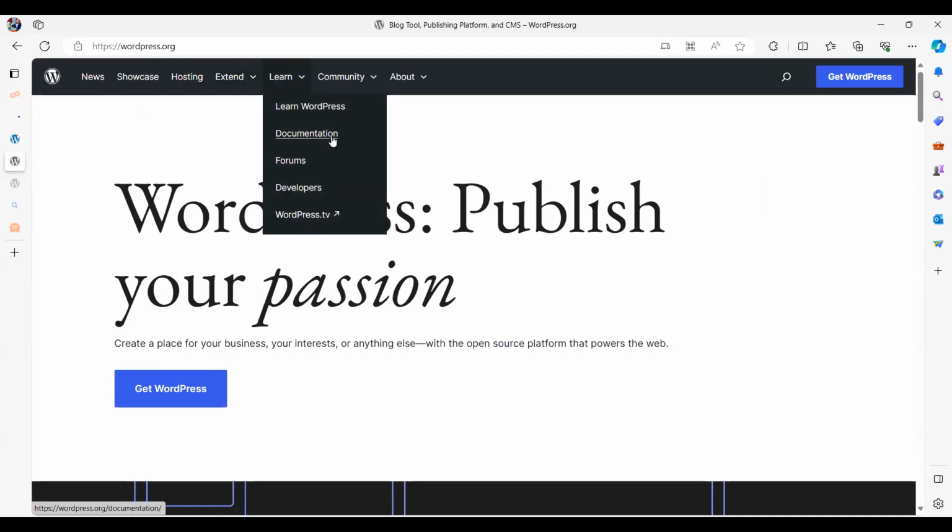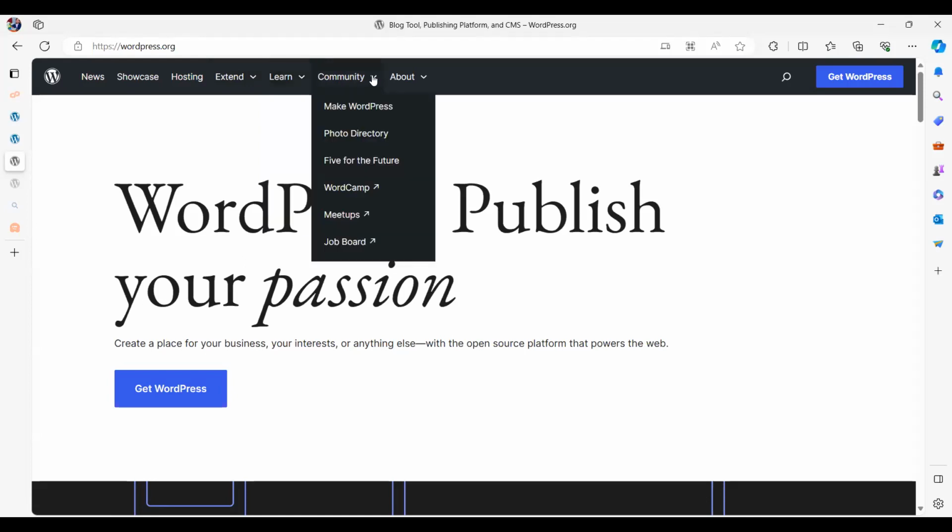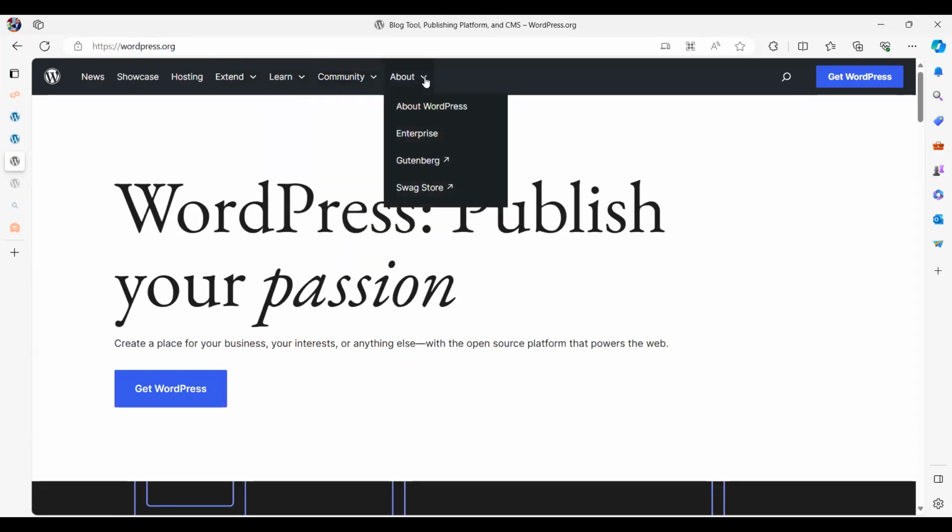There is also technical documentation. If you are a PHP programmer, you can go to the documentation and also to the developers section and learn a lot about WordPress. There is also a forum where you can ask any question regarding WordPress. There is also WordPress TV available with lots of discussions going on about WordPress. And WordPress is famous purely because there is a vibrant community for all kinds of WordPress related things. Right?